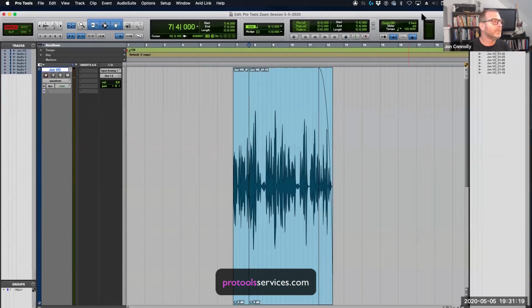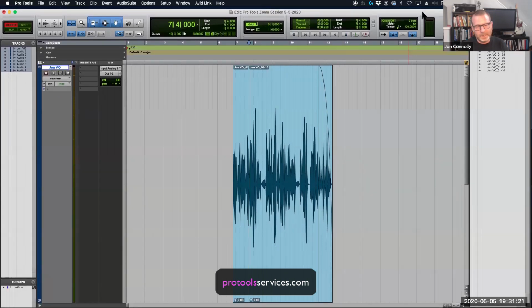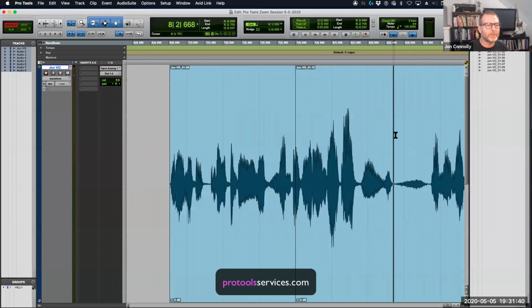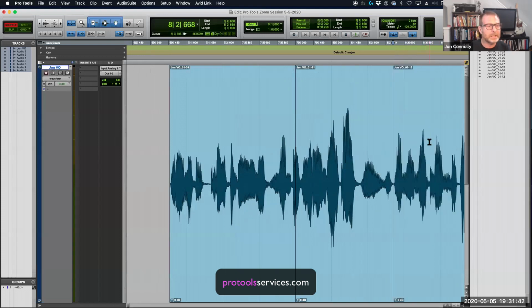If I was doing a music session, I have other tracks. I have to be very careful. If I shuffle, edit, either delete or paste, I can potentially break sync, right? The audio I've just removed is going to knock everything else out of sync. So not always helpful. In this case, it is helpful because I can go in here and I go, okay, I want to get rid of this, and I'll hit delete, and it closes the gap for me.